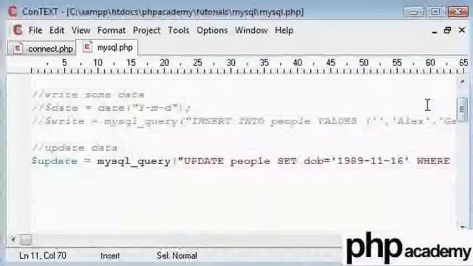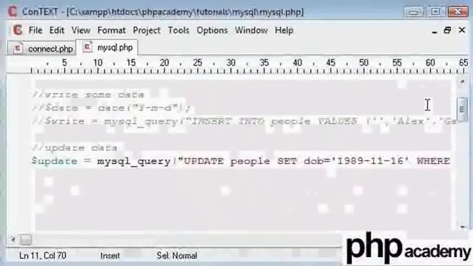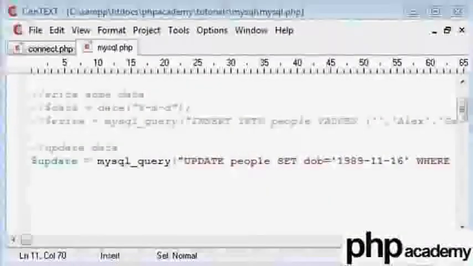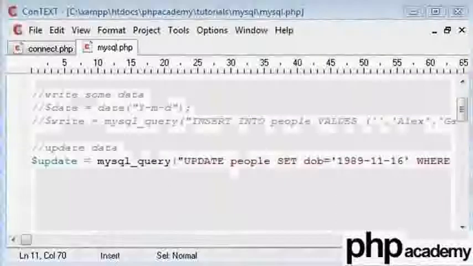So that's what you have learned, how to insert values and also how to update some values if you get it wrong, like I did, or if you just want to update some data, which happens most of the time when you're doing your databases. Okay, so join me in the next part to find out how to start reading from your database and display the data to the user.